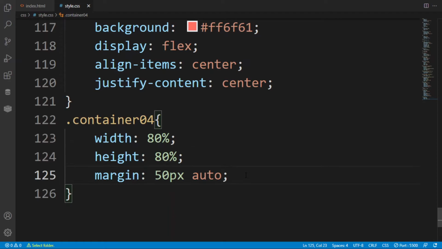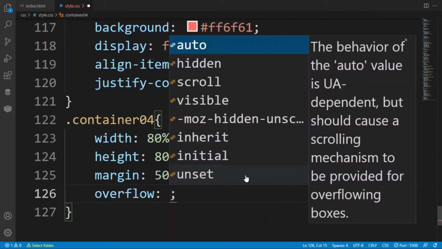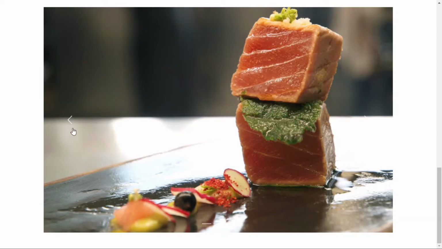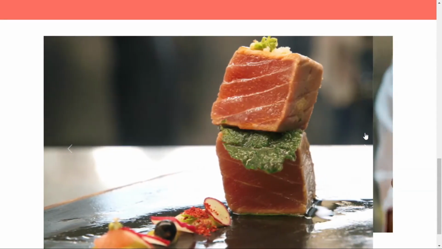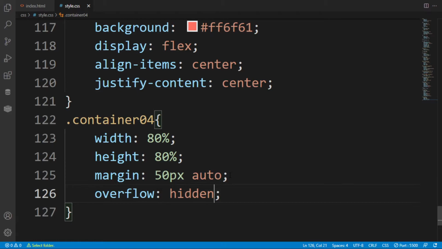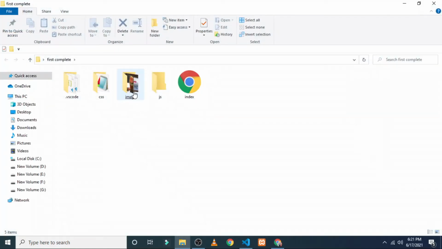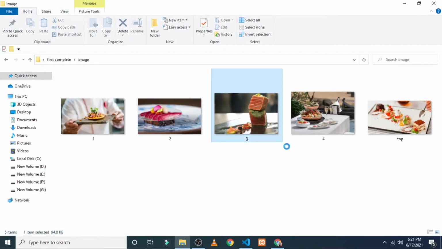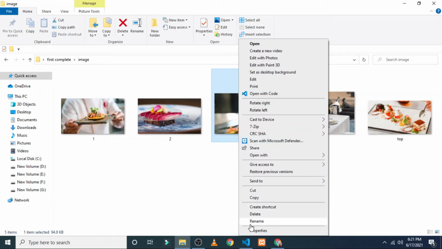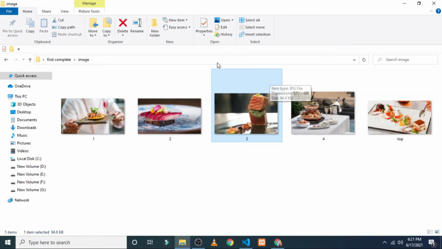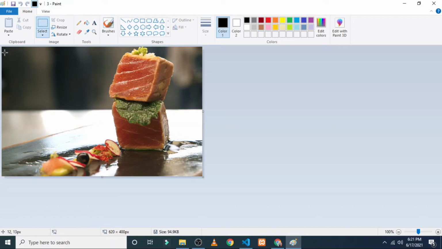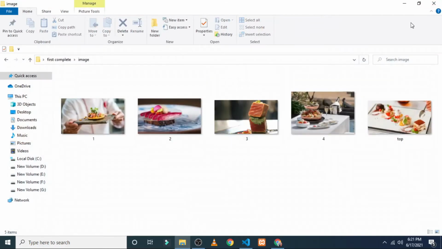Now there has been an overflow of the image. I want this thing to be hidden. Now as you can see, we have to manually decrease the height of this image. Here is the web page that we have created. So here, right click, and you can edit it in Paint. Here I want to decrease the height from the lower side, so I have chosen this much, and here there is the option of crop. Just crop it and save it.